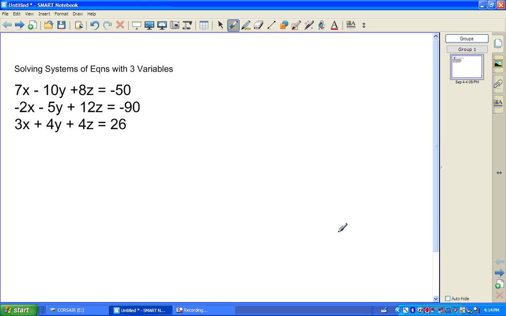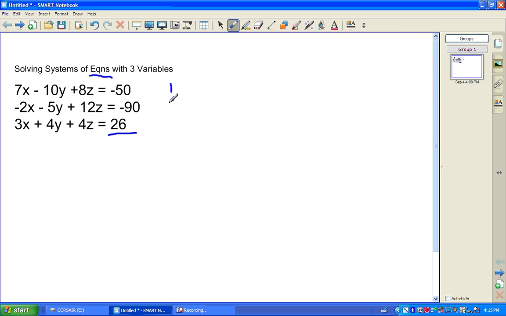Okay, we're going to take a look at this example problem on how to solve systems of equations with three variables, as you can see here. Now, I've got my three equations here with pretty big numbers. So this is a fairly difficult problem because of the size of the numbers I'm going to be multiplying and working on here. The first thing that you want to do is work with two different equations here,